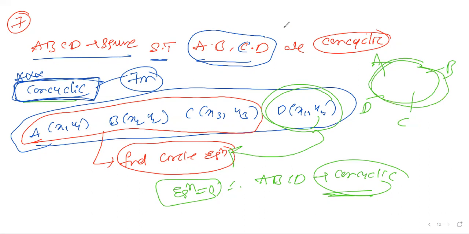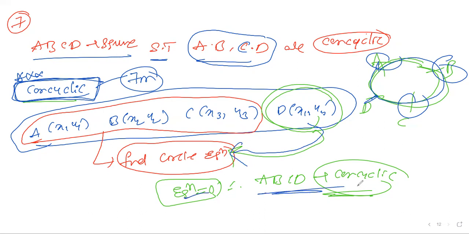So from this, what we have to do: simply, first you take 3 points and frame a circle equation, because this circle equation should hold for the point D also. That's why you need to substitute the 4th point. When you substitute the 4th point, if the equation becomes 0, therefore all 4 points are concyclic. It's very clear, no? Thank you. This is useful for the next classes also. That is why you need to understand the concyclic concept.